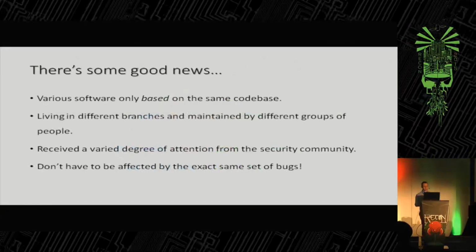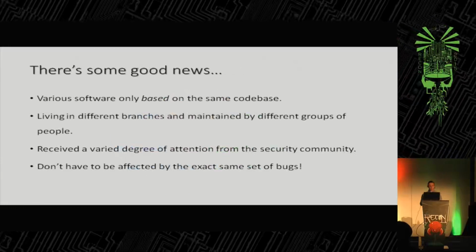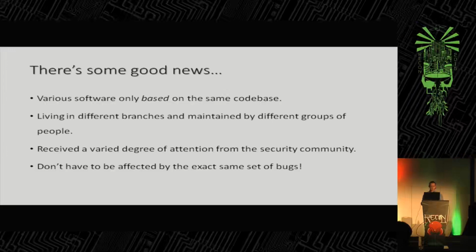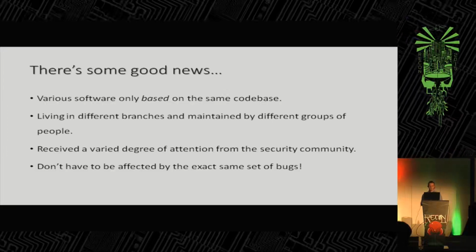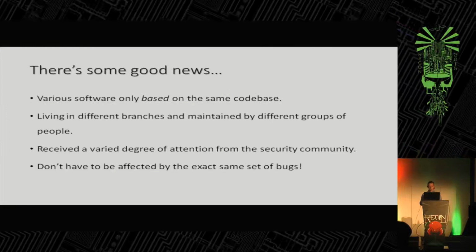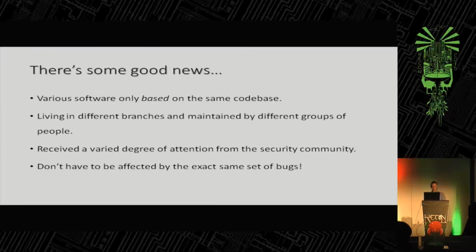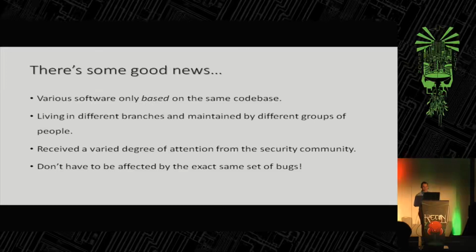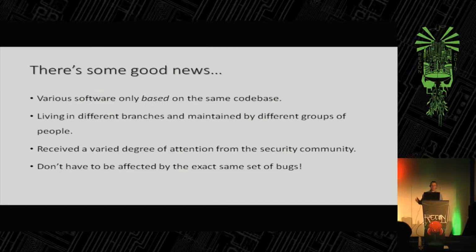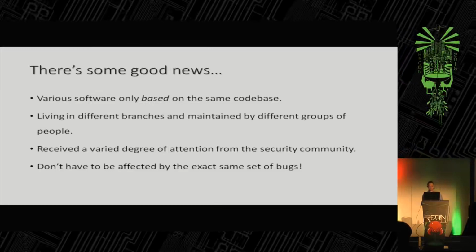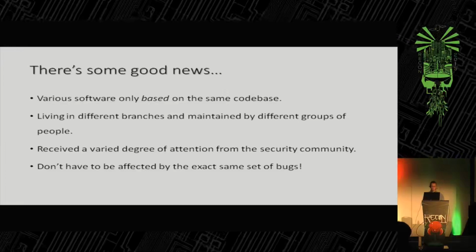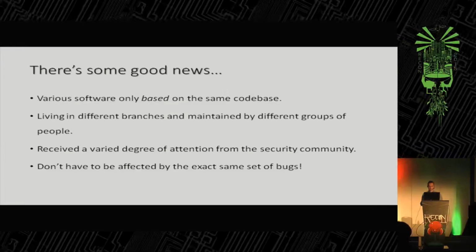But there is some good news. If you think about it, it's only the common ancestor of those different code bases. It's not really the same branch. So it's been living in different branches maintained by different groups of people for many years. So it also received a varied degree of attention from the security community, because some people are only looking for bugs in the Windows kernel and aren't probably checking if the same bugs apply to Adobe Reader, for example, because they are not interested in that. So the good news would be that they don't have to be really affected by the exact same set of